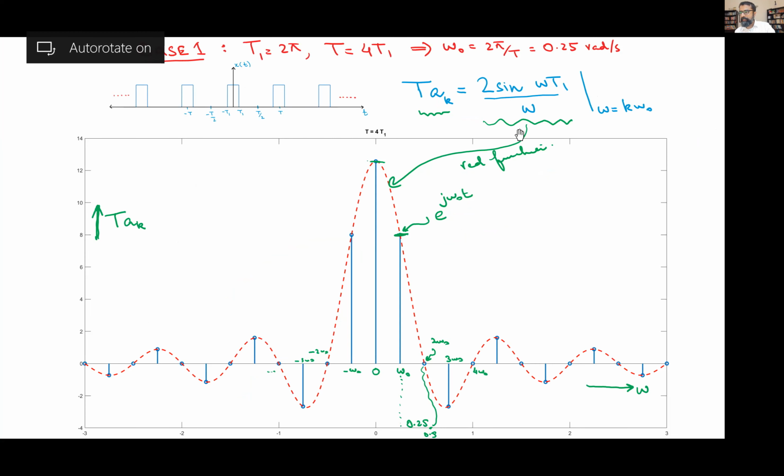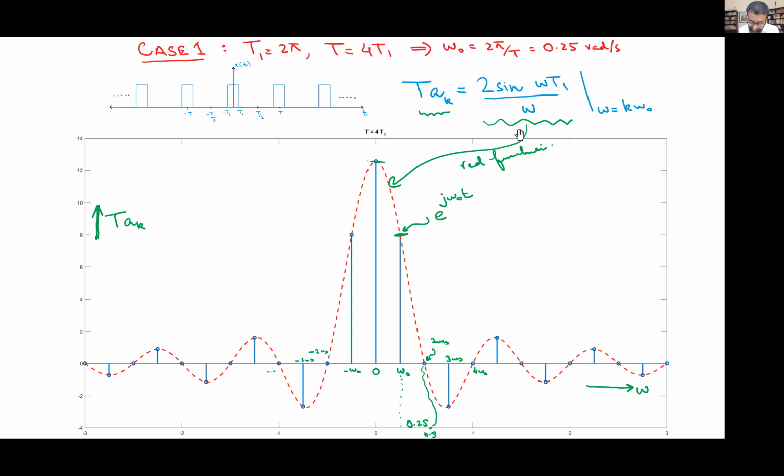Now, there were other points made, which was that the graph compresses. So Ibrahim, you also said it, but let me go to Daniel. You said the graph compresses. What do you mean by that? Sir, by increasing T, the value of omega naught will decrease, right? Yes, exactly. This becomes 0.125 radians per second, meaning within 1 second, 8 omega naught will fit. Excellent. So as I increase capital T, omega naught decreases.